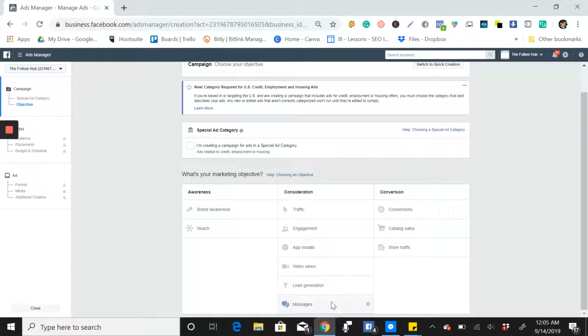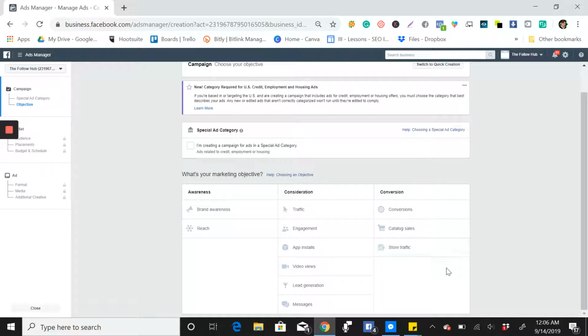And then messages, if you are doing a course that's integrated into a chatbot, this is what you're going to use. And then conversion, to convert them to purchase or add to cart in your business, catalog sales, and then store